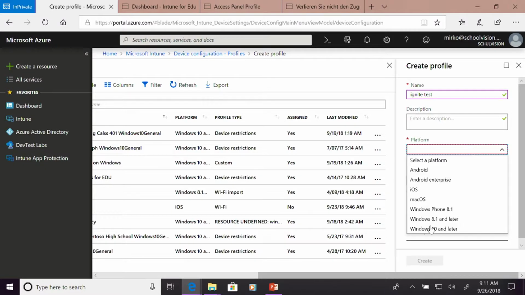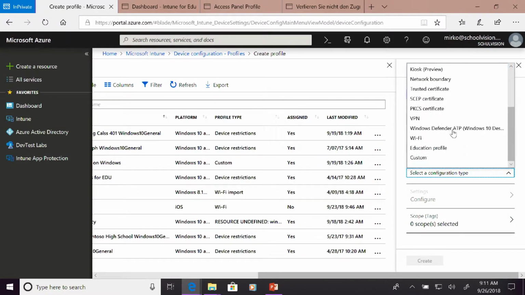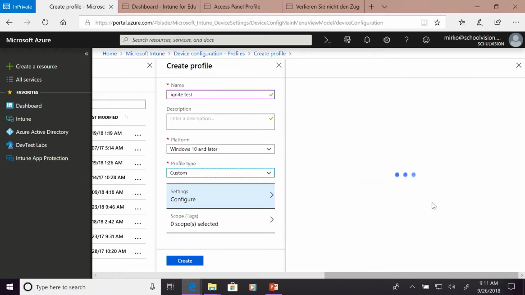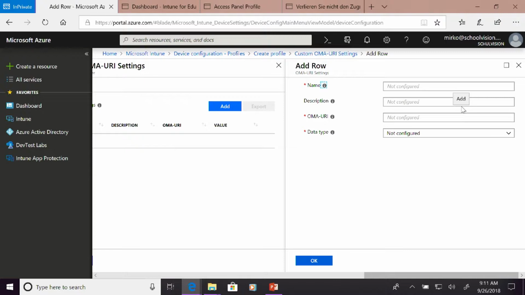Select the platform, it's Windows 10 or later, select the profile type. Down there you can add a custom, and with the custom you can easily add an OMA URI setting. Just add the name, description, the OMA URI key that was on the slide, and the value, select integer, put 1 in, and then you can assign it to every device and it's enabled. That's pretty simple, right?